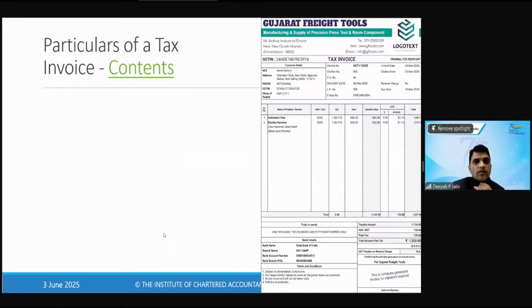नेक्स्ट इज व्हाट इज द पर्टिकुलर्स ऑफ अ टैक्स इनवॉइस, कि क्या क्या कंटेंट रहने चाहिए। इसके लिए मैंने एक लिस्ट बनाया है।